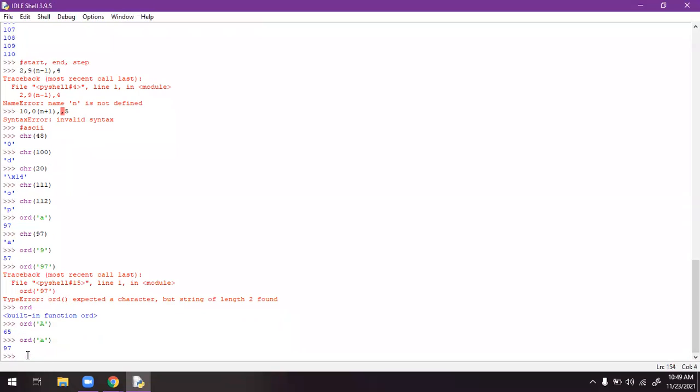Both the values are different. Why? Because it takes the value 65 for capital A, then 66, 67, up to 26 characters occupied by capital letters only. After that, small alphabets will come. So this is the concept of ord and chr.